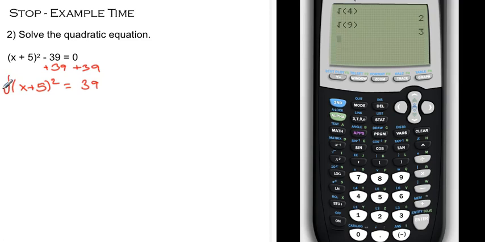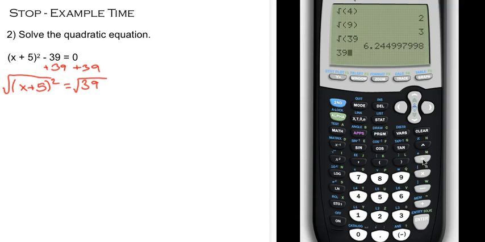Now, to get rid of that squared term, I'm going to take the square root of both sides, and the square root of 39, when I put this in my calculator, does not come out even. That is an irrational number. It never repeats. It never ends. And so what I need to do is find the prime factorization of 39 and see if I can